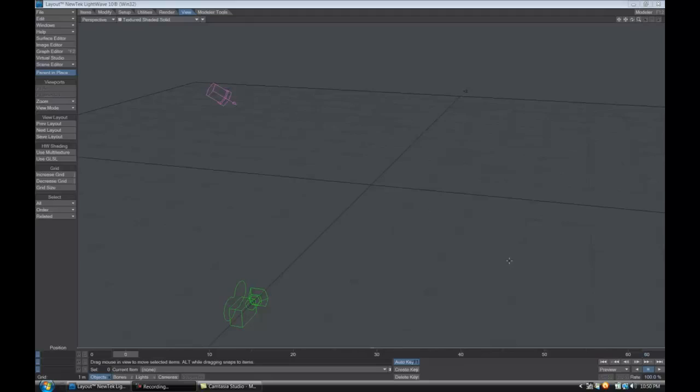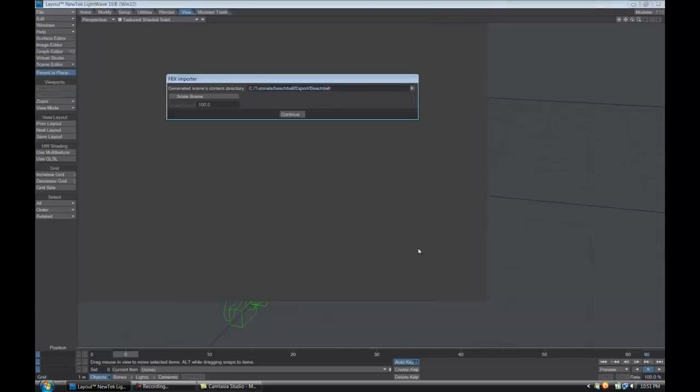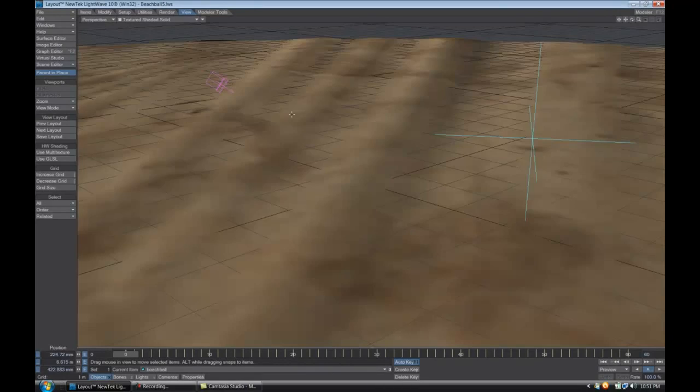Okay, great. Now that we've done the Max scene and we've exported to Filmbox FBX format, now you launch Lightwave 10, and you can just import that scene into Lightwave and render it using Lightwave's renderer, reassign materials and those kind of things. So you'll get it in here by importing it by File, Load, Scene, navigate to the Beach Ball FBX, open it up, scale scene, just leave the default settings, say continue,